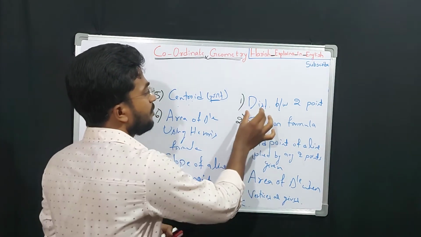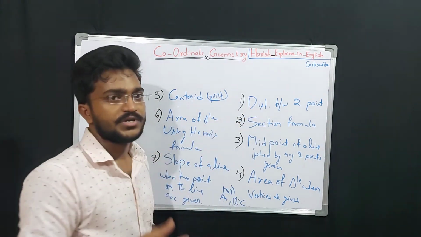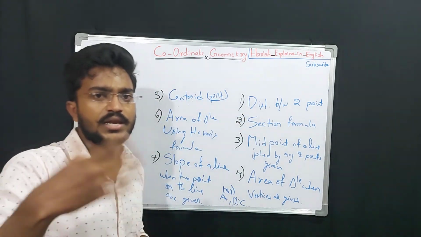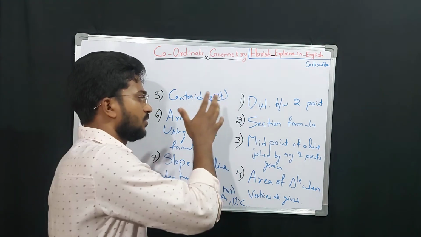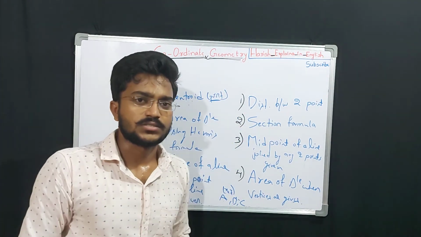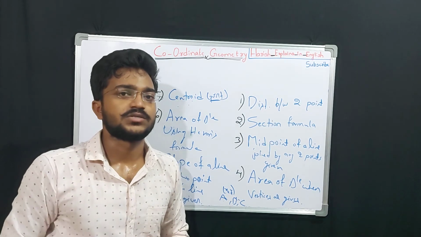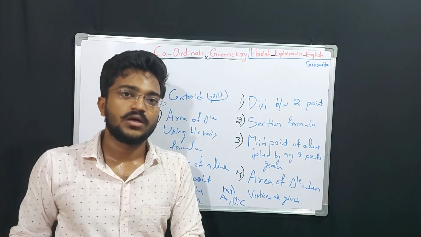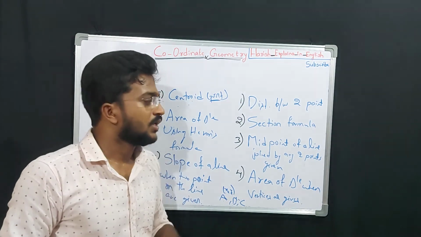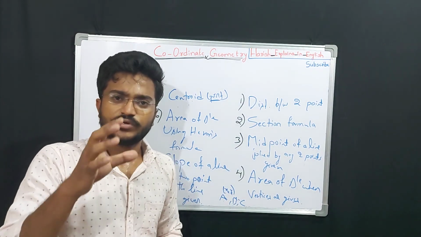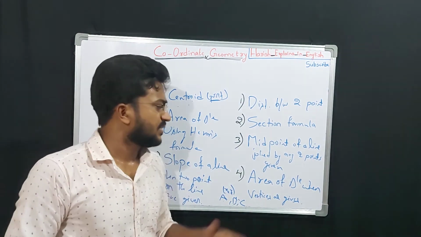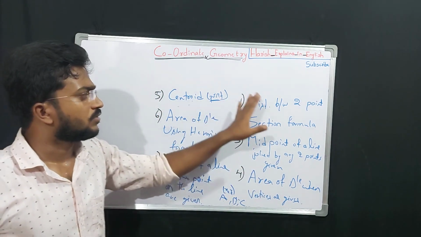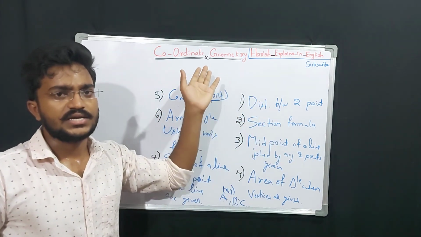They'll embed 2 topics, not only coordinate geometry. They can embed trigonometry into coordinate geometry, as competitive exams are like that. So they'll mix 2 to 3 topics. See, if you are perfect in every topic, then only you can score that question or that mark. So these are the basics to move on towards coordinate geometry, straight lines, pair of straight lines.